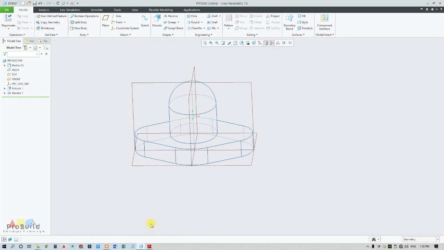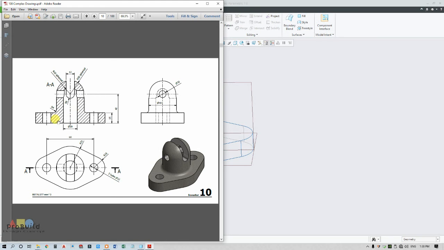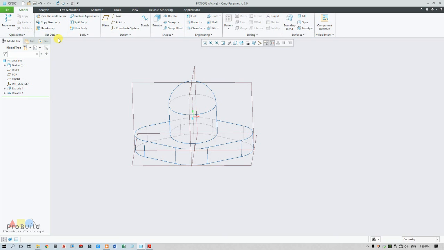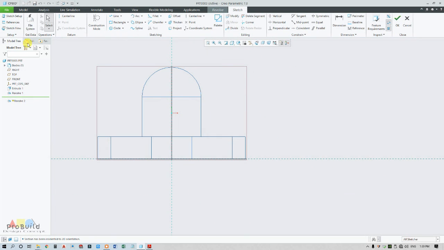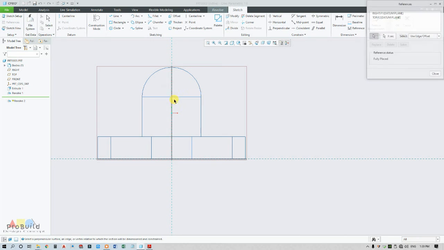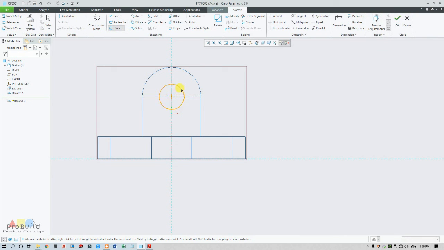Now I need to make a hole here, and this is R20, which means R10 at the same distance 42. So I'm going once again with front plane, going for revolve, and here I'm going to take this as my reference. I'm going to draw a circle here of 20 in diameter and draw a line all the way down.